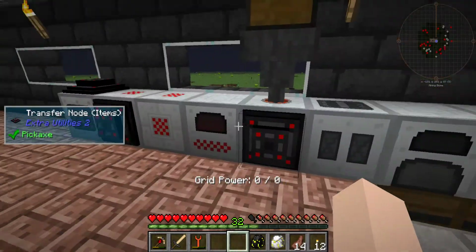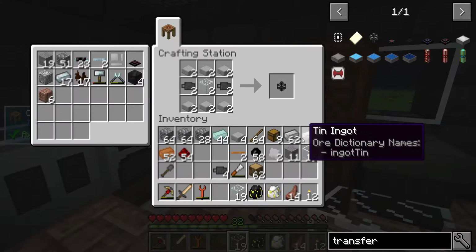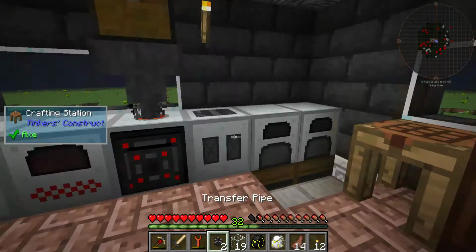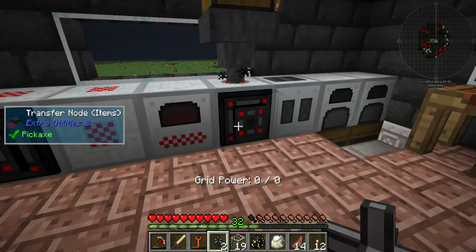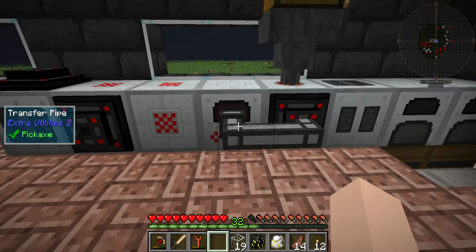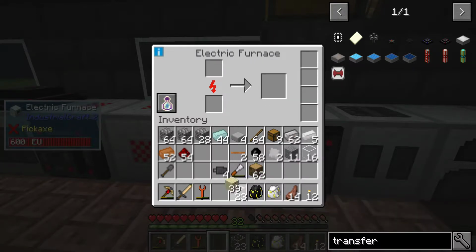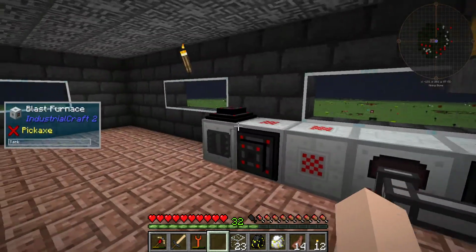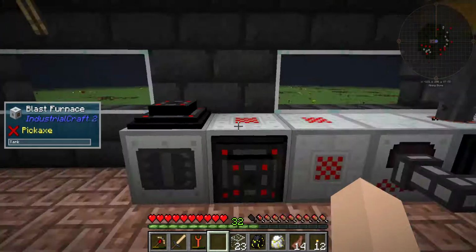So, we need our transfer pipes. This here. Okay, so let's see if this works first. So, from you to you. Yeah, that's enough glass. Just want to see. There we go. Okay, so perfect. This works. Then I need...